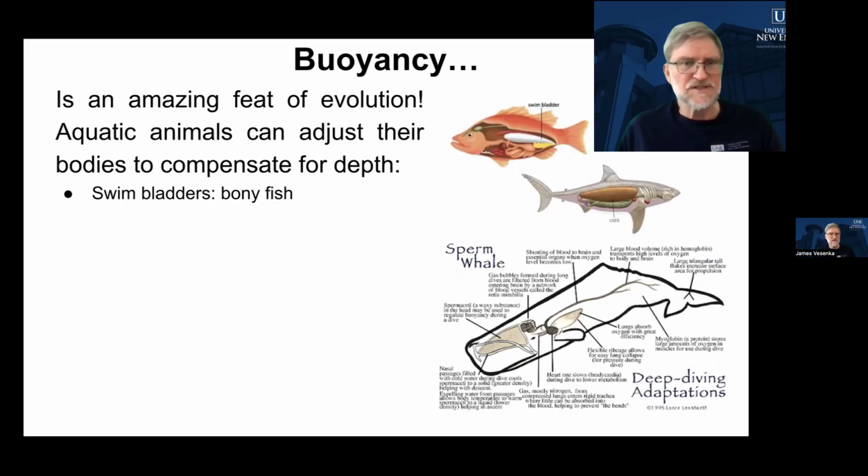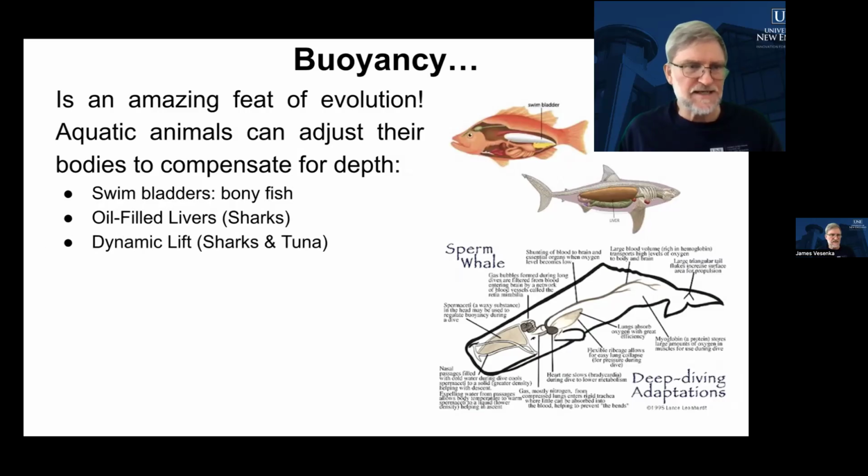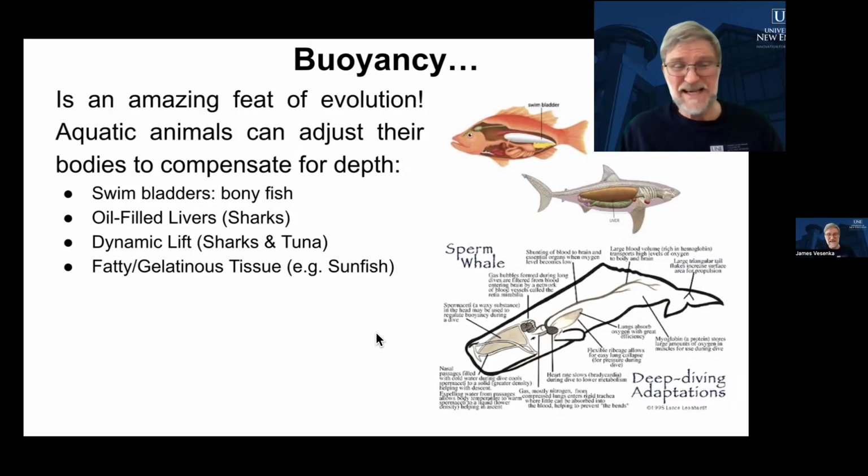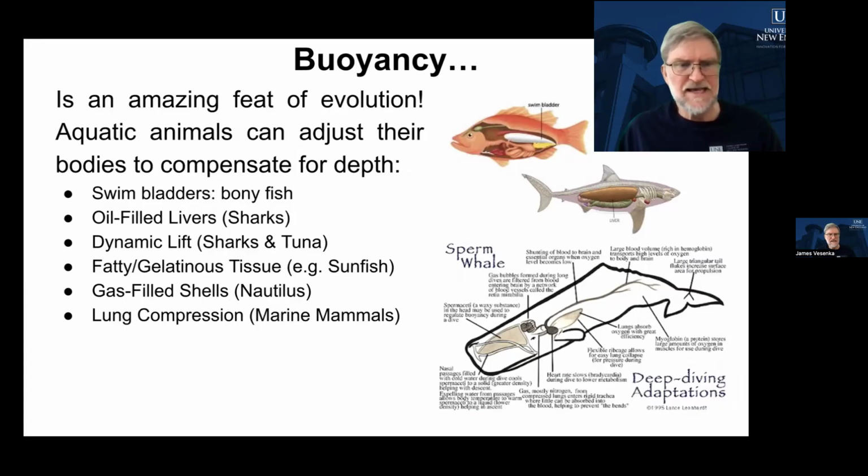Other types of critters like sharks have oil-filled livers which they can adjust, and there's a variety of techniques such as dynamic lift, which simply means you're going through the water and you can use your fins to move yourself up and down through the water column. Other critters just have lots of fat, which is naturally buoyant, or gas in order to adjust themselves. And my favorite is the marine animals like the sperm whale, which has an amazing